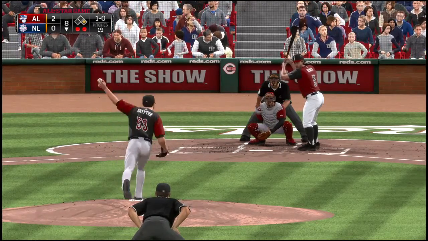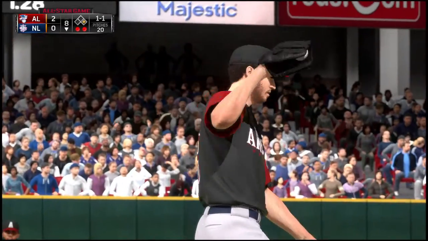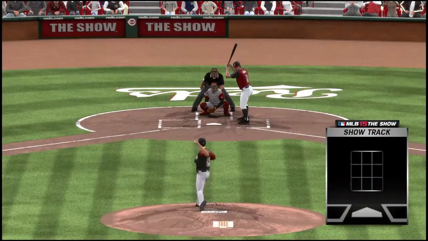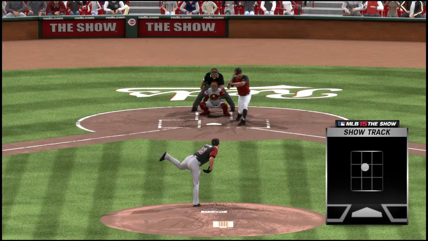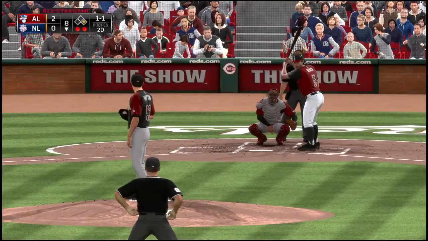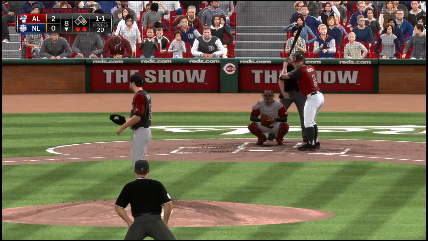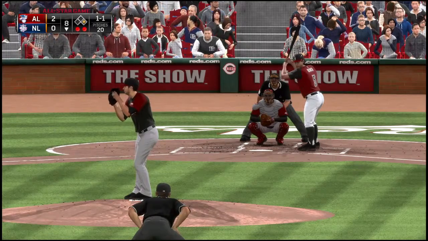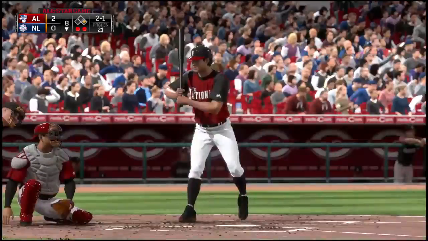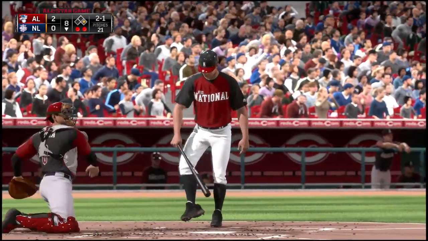Here's a 1-0. Fastball at 96 on the radar gun, and it's 1-1. Well, you can tell he's trying to work that pitch away, but he might have left that one a little more over the plate than he intended. From the stretch. And he lays off for a ball, 2-1.